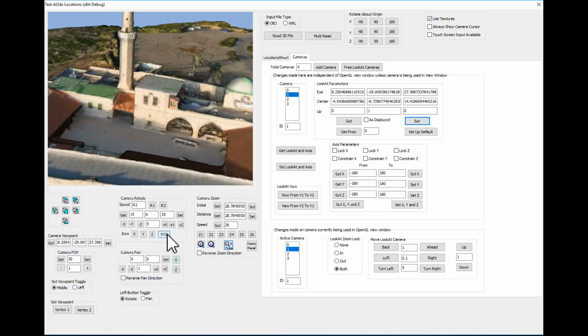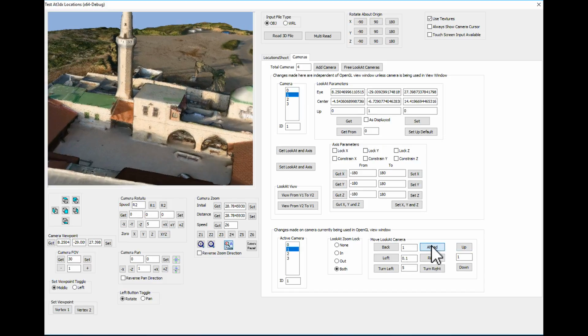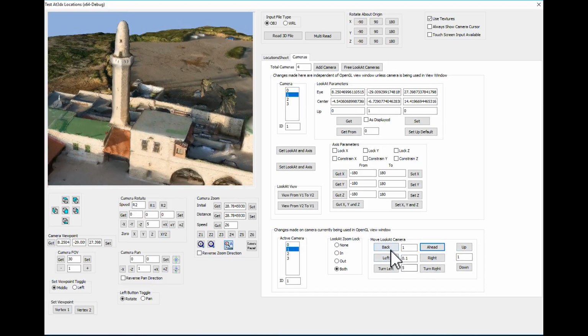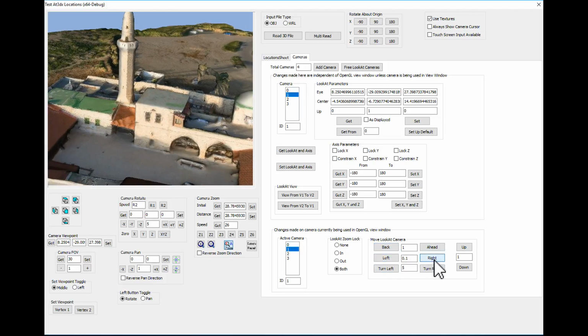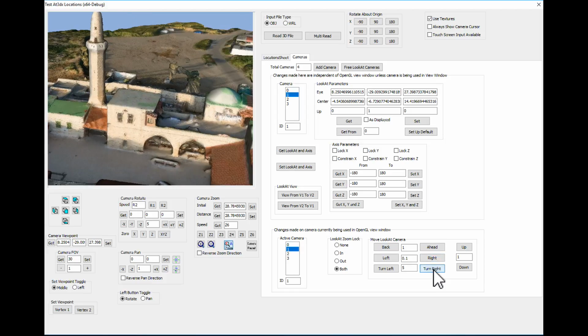If I zeroed everything, okay, we've got everything at 0. I could also set all these at once by pressing the button here. So now that I've got this camera set, I can move around with the camera. I set the intervals on these edit boxes, and I can go ahead and move ahead, I can go backwards, I can step to the left, I can step to the right, I can turn to the right,